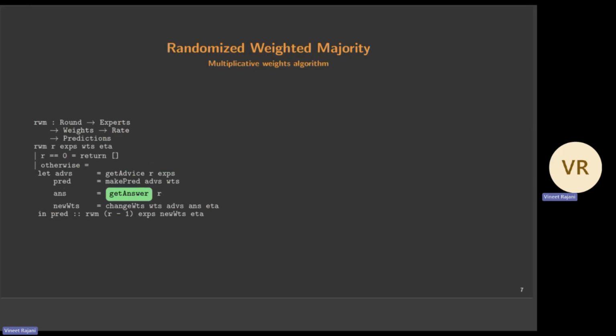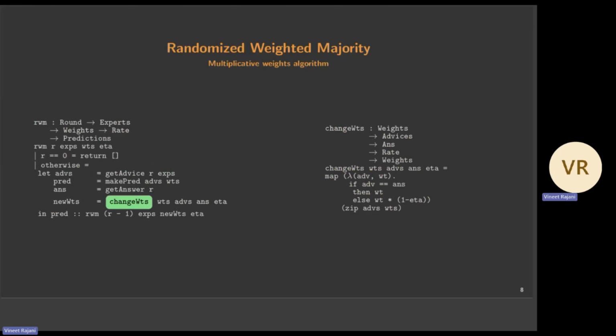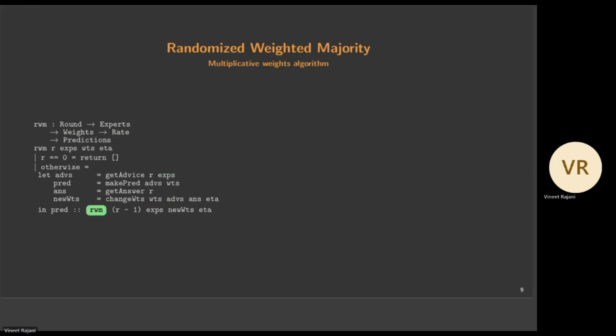After that, you get the true answer from an oracle. Based on the answer received, you calibrate the weights of the experts. Experts who got the answer right, you don't change their weights. And for others, you reduce their weight by a factor of 1 minus eta. And that's it. After that, you just recurse until the end of all the rounds, ultimately producing a distribution over the